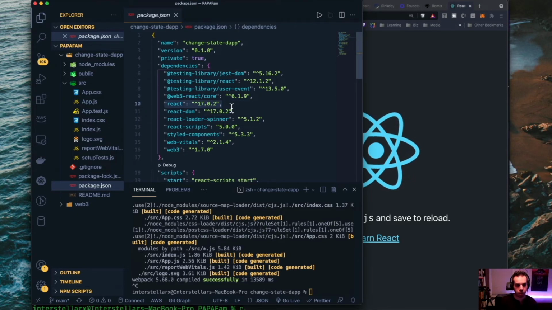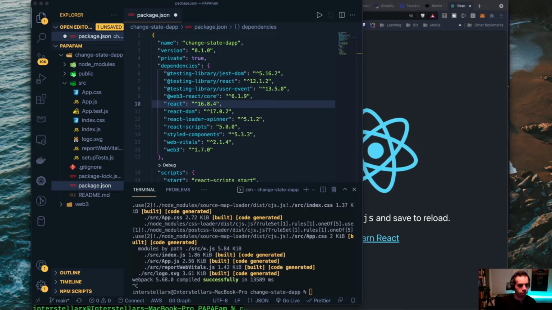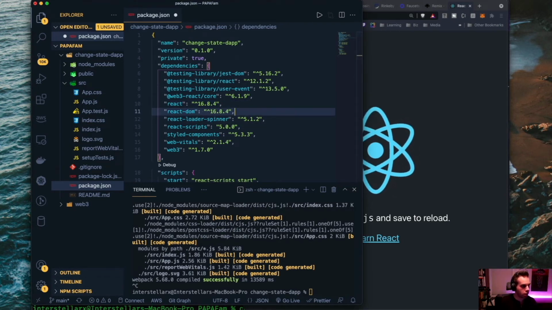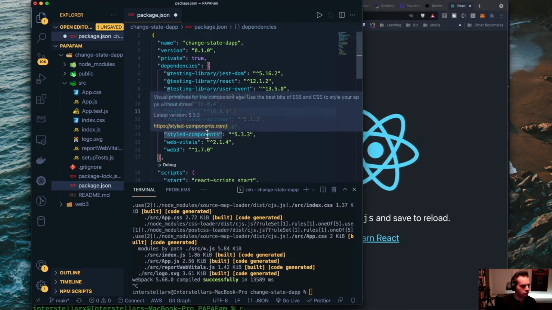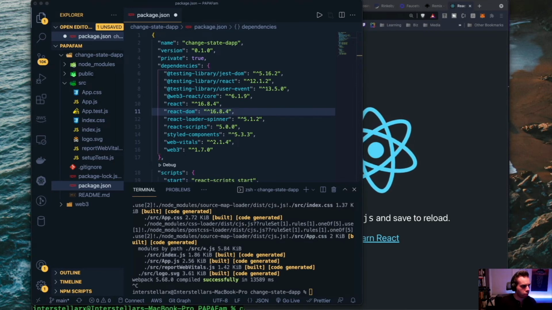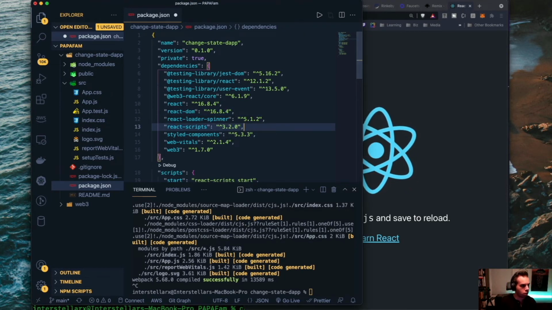Instead of 17.0, I'm going to put 16.8. For React DOM, I'm going to go down as well to a deprecated version from 17 to 16. I'm going to keep everything pretty much the same. With react-scripts, I'm going to bring those down from 5 to 3. And styled-components is good. Web Vitals is fine.